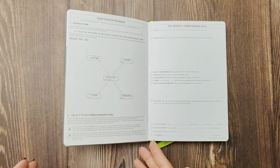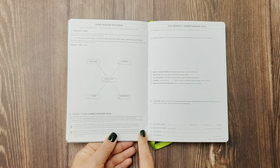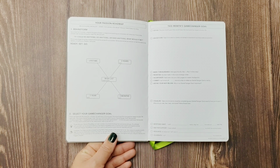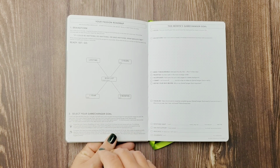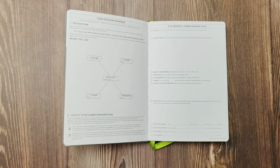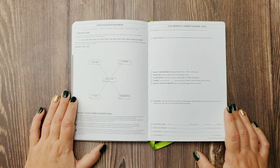This is the roadmap. This is like one of the most important things of the Passion Planner. It is what makes the Passion Planner different from other planners. The general roadmap here is they start with, it's kind of like a wish list. So if you could have the ideal life or do anything that you actually wanted to do,